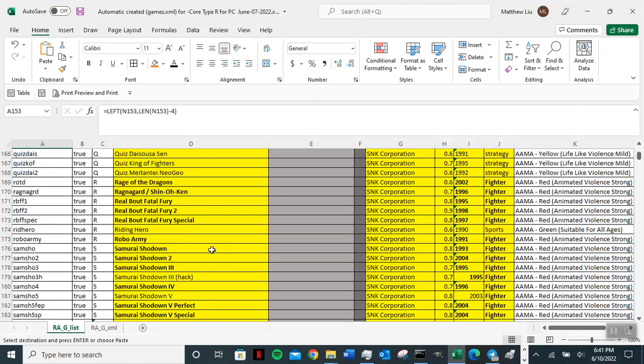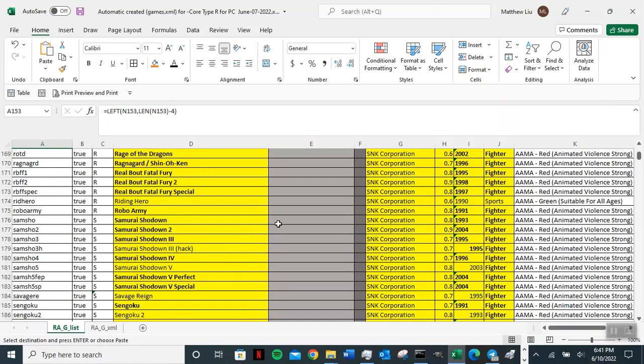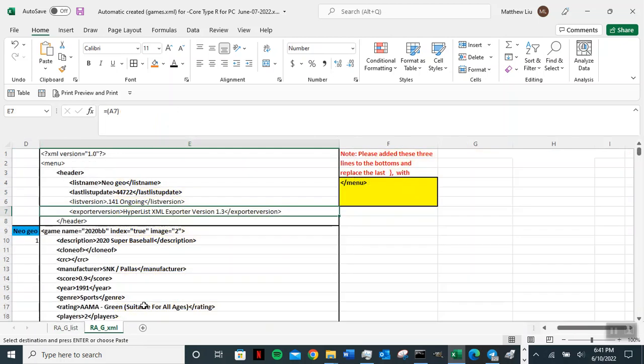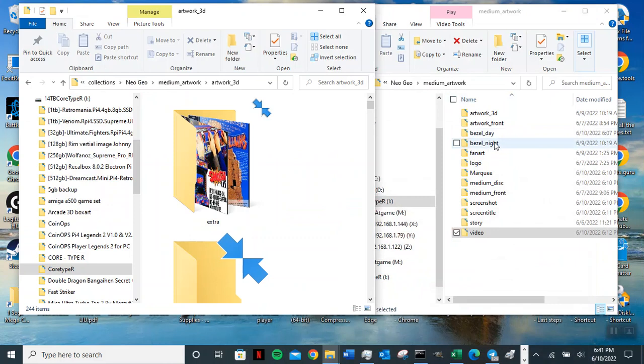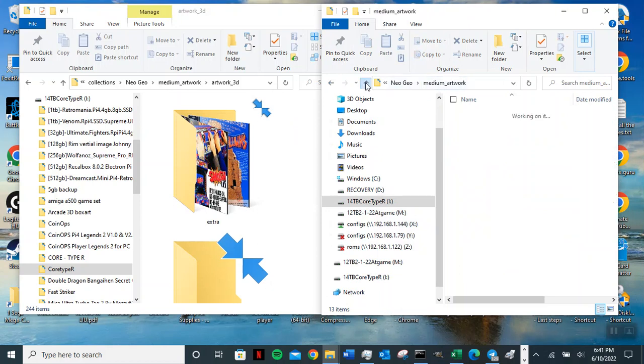Okay. So this spreadsheet is done. You are ready to copy this and put it into Neo Geo XML. But I want to test the game, make sure it works before I do all this. But I have a feeling, let's test it. If it worked, we could go ahead and get the box art, get everything. If it does not work, you know what I'm saying? We don't have to go through all that trouble trying to get all the artwork, everything, if it does not work. So let's go ahead and go out of the program